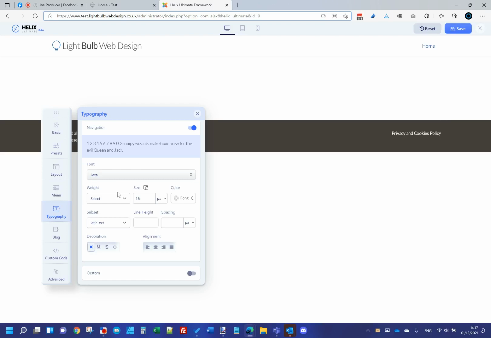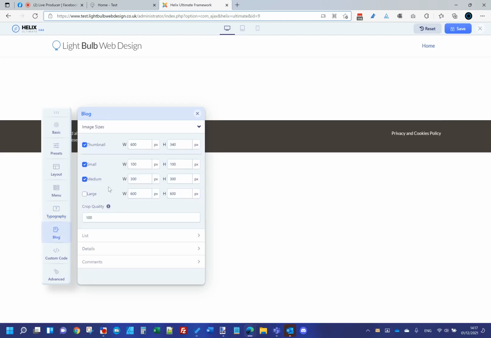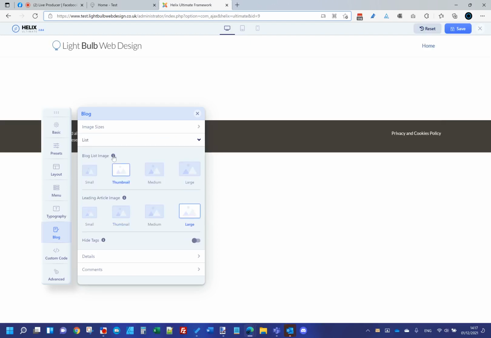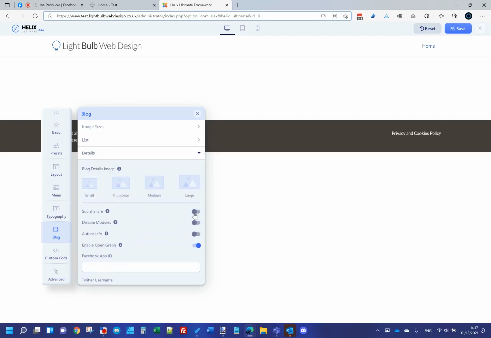That's the fonts. Another bit I don't tend to use, but I'm looking at this in a bit more detail now, is we can also set the styling for the blog layouts within Joomla. So if you've got a page menu item that links to an article blog, we can look at the way the thumbnails and the images are used and the sizes of them, the quality of the images, which is really interesting. So when it crops its images down, we can set this perhaps to more like, I tend to use 60 nowadays. You can barely tell a difference at all. We can set a lot of things about the image that's used for the listing, the leading article images, whether you want to show tags, what details you're going to show on the articles themselves,